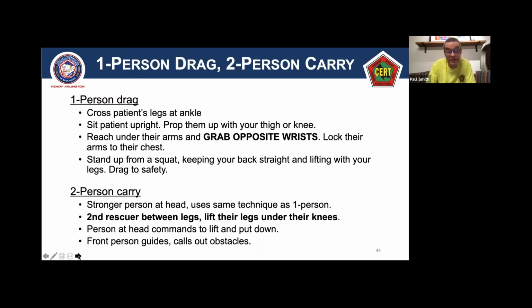For the one-person drag, crossing the legs at the ankle will help reduce friction. And then grabbing the opposite wrists is really the key principle there, and lock their arms to the chest when you lift them up. With a two-person carry,